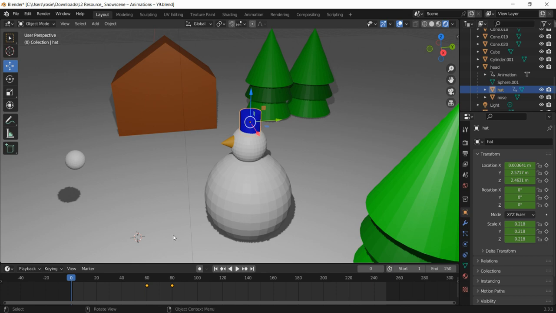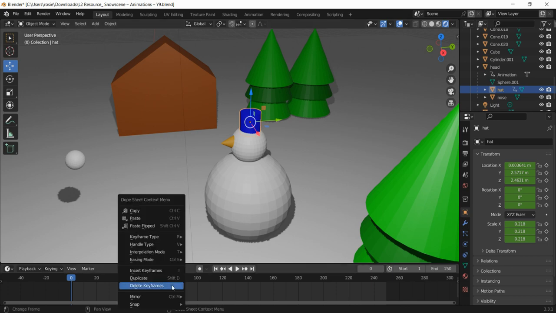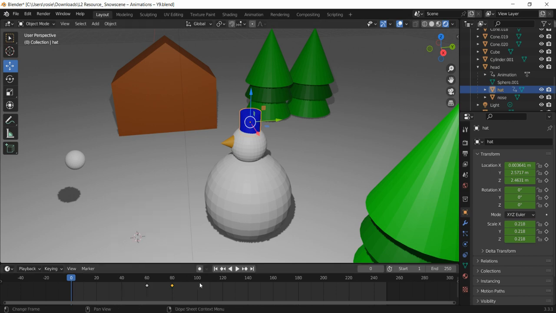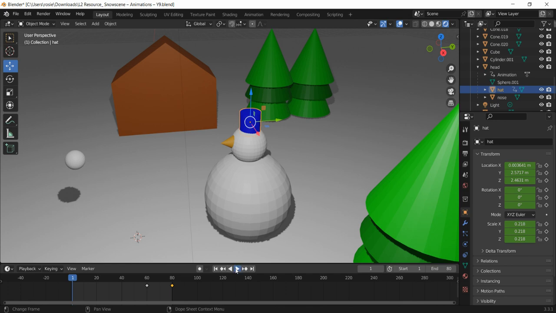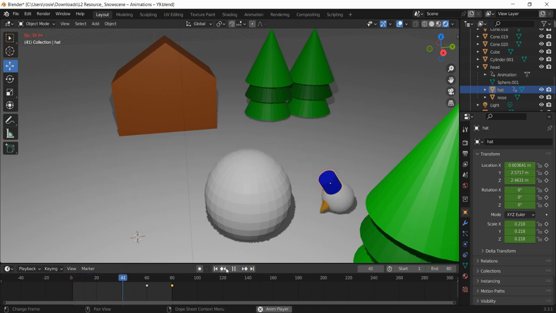If you wanted to do things like delete keyframes, you can click on them and then delete them. So you can work with the timeline like that. You can see here, if I play this, it will animate, and then it just keeps going. Our animation won't stop on frame 80, so you can add an endpoint here at frame 80. Then when you play it, it will just play those frames.